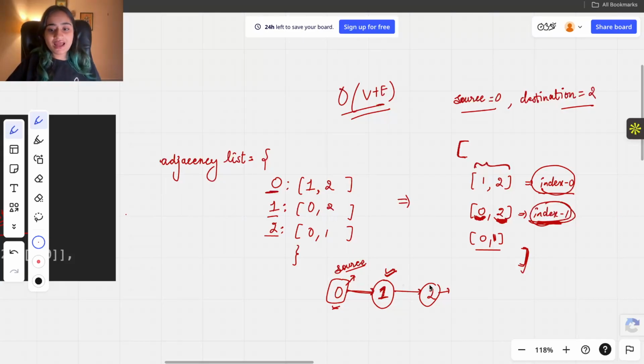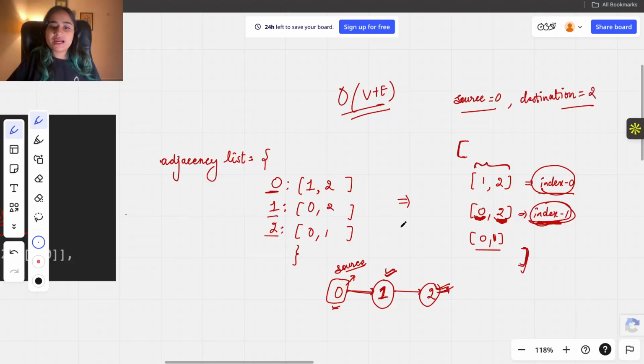So we'll go to 2, and 2 is the destination itself which we were searching for. So the moment the source is equal to the destination, we will return true, right? So that's what we want. Basically, whenever we reach the destination, we say we reached it and it's true. Otherwise, if we couldn't reach it after going through every single node, every single neighbor, all of them are visited now but we couldn't reach it, then it's false, right?